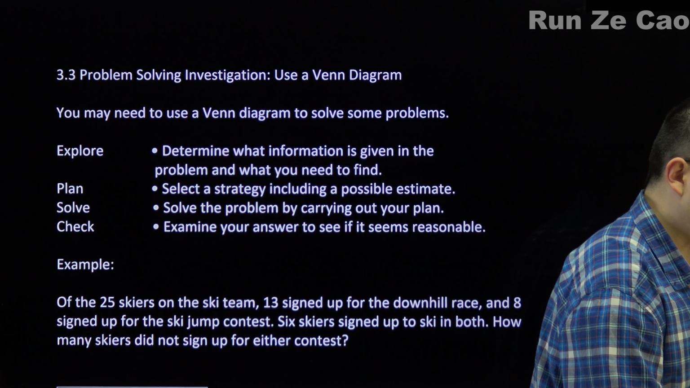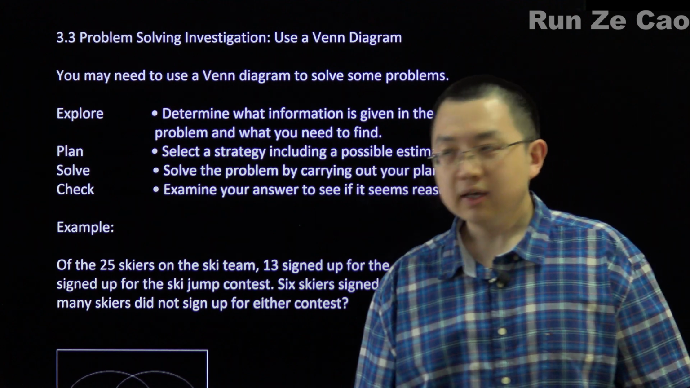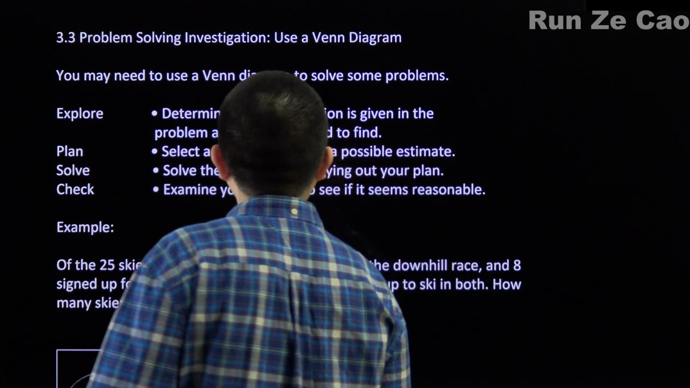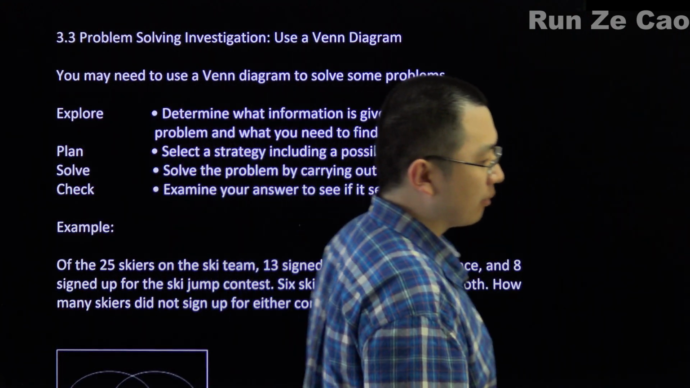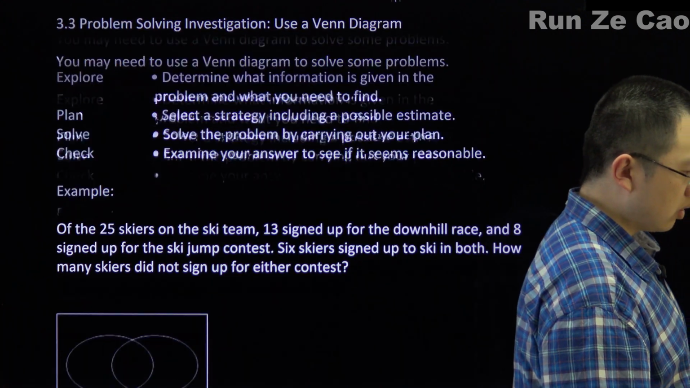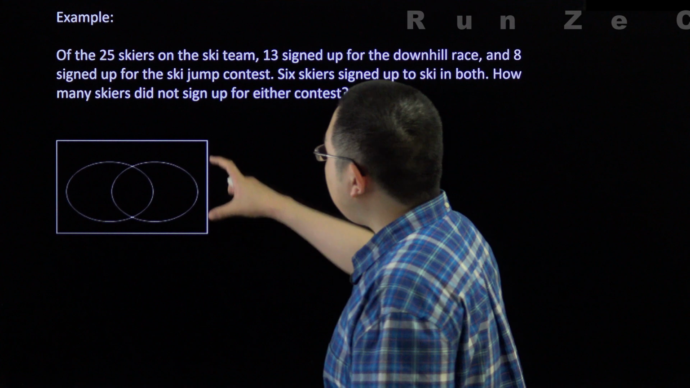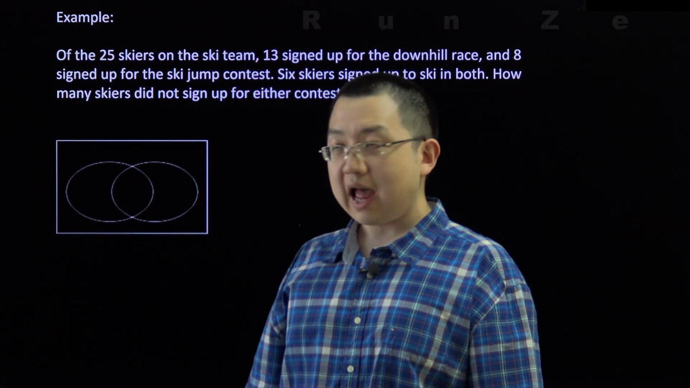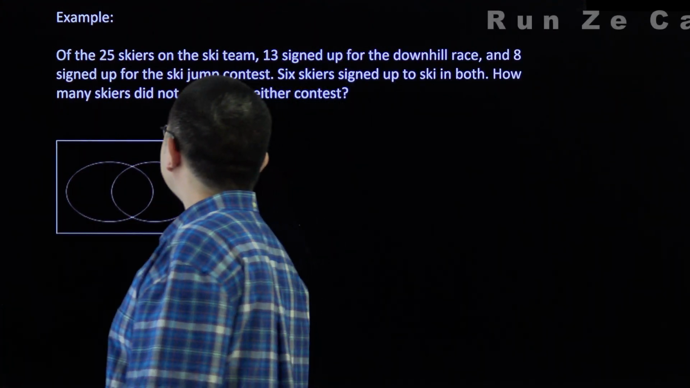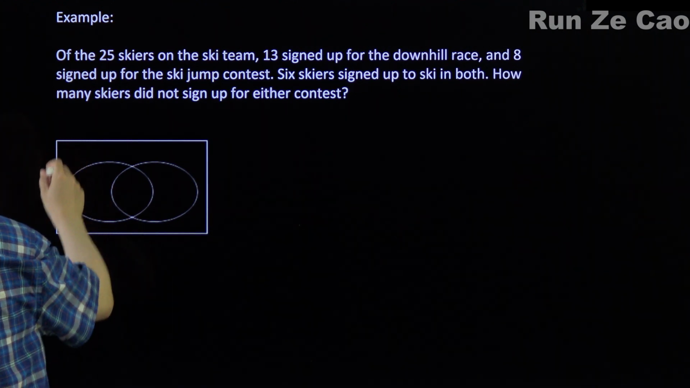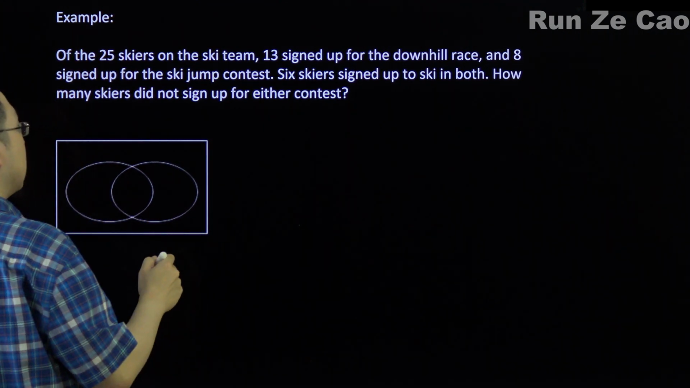Oh look, it's the obligatory problem-solving section. This time we're supposed to use a Venn diagram to solve some problems. What do Venn diagrams do? Well, Venn diagrams represent how your groups can overlap. Like say you have 25 skiers. That means the whole rectangle is